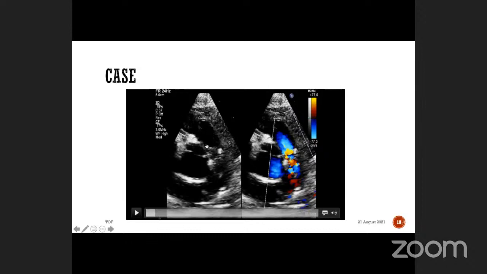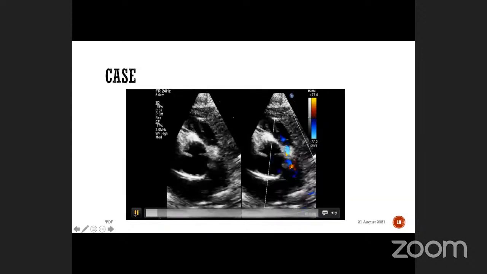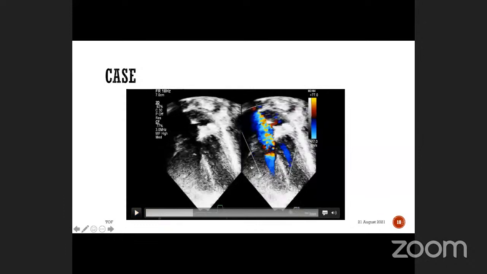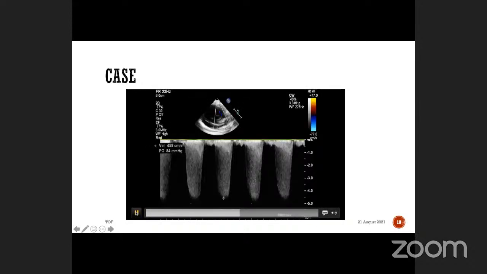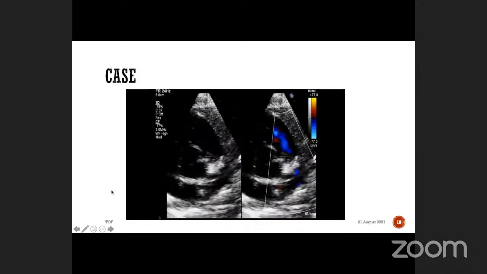Usually the valve is a bit closer to the annulus, to the RVOT origin. This RVOT is very long. There is a VSD, which is anteriorly shifted. There's a gradient across the pulmonary valve. So the diagnosis was